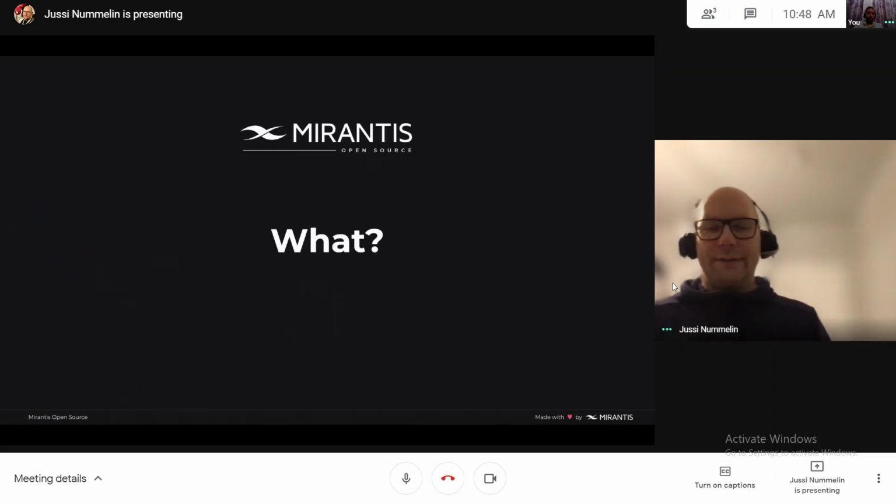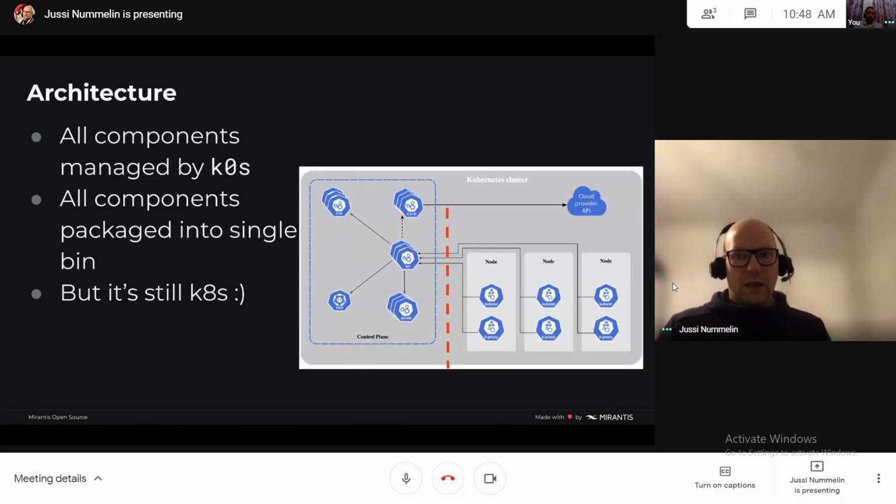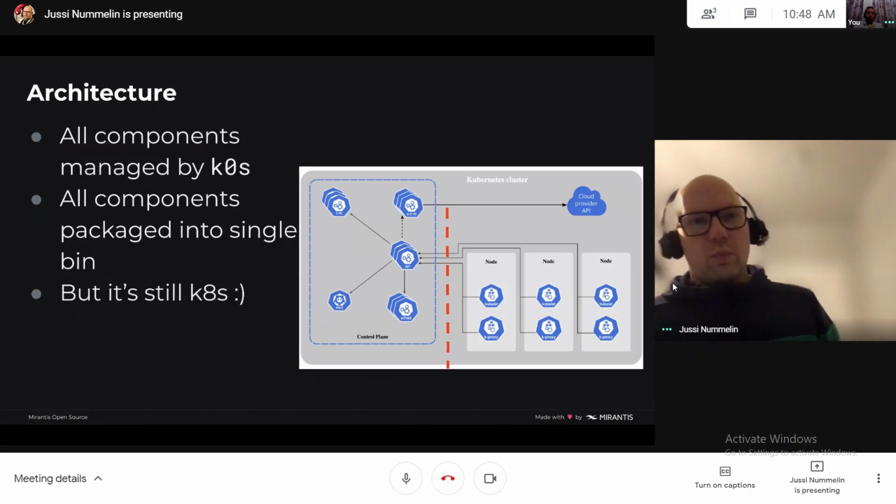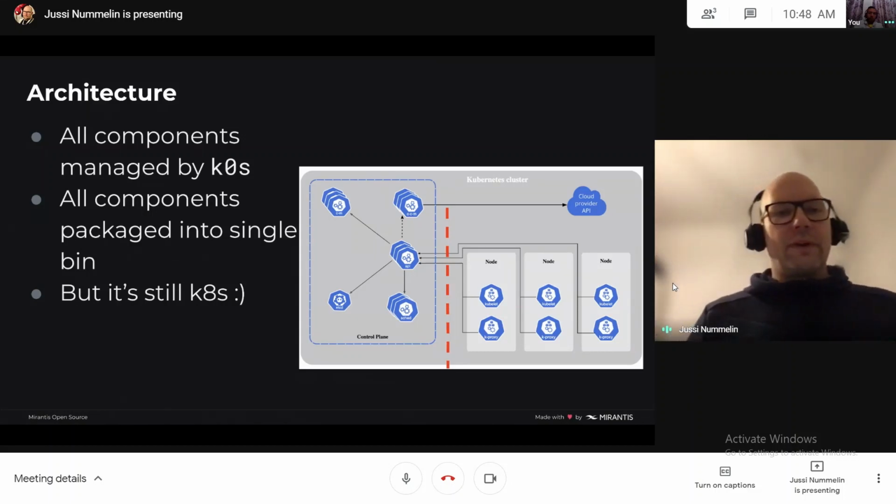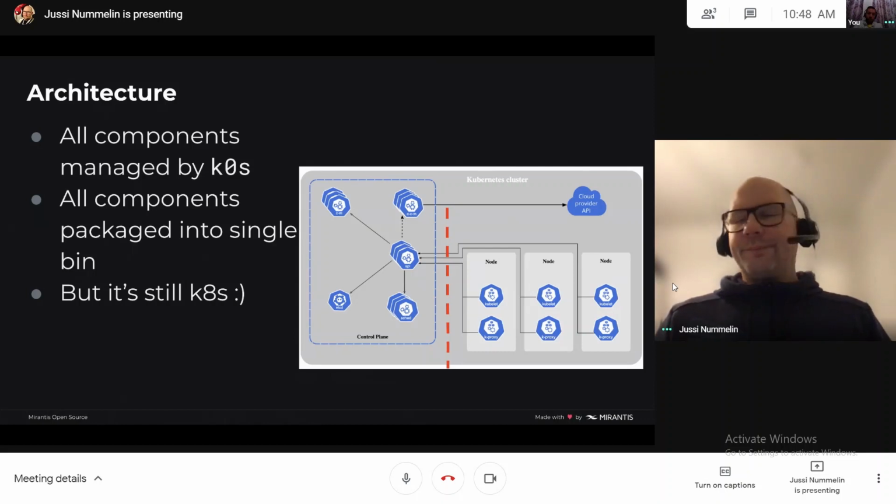All right. So in the architecture of K0s, with K0s you still get Kubernetes. So of course the architecture is pretty much what Kubernetes architecture is.